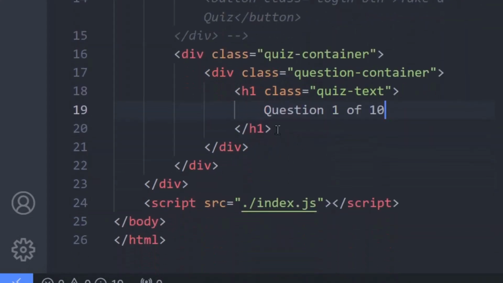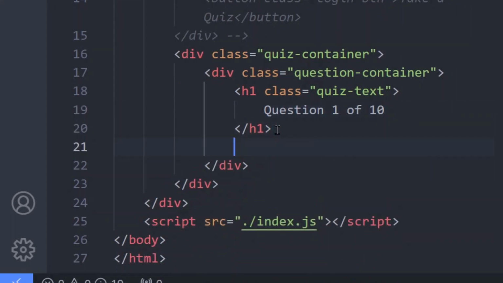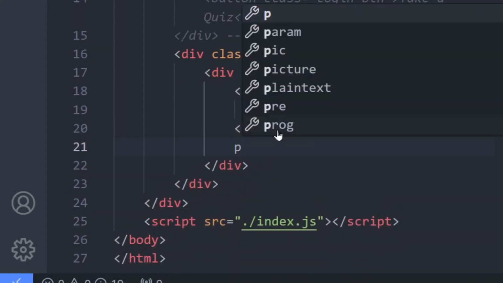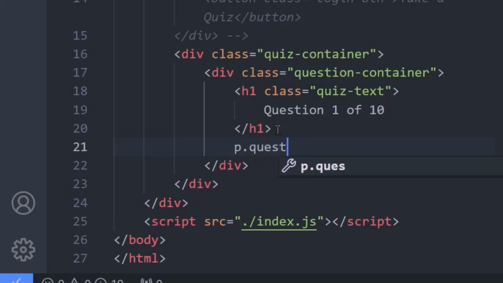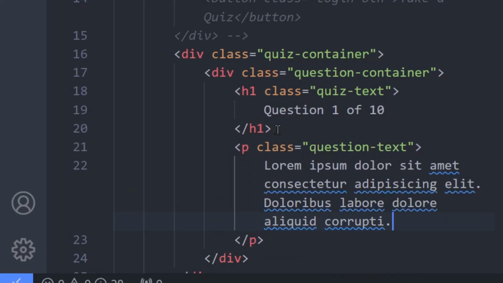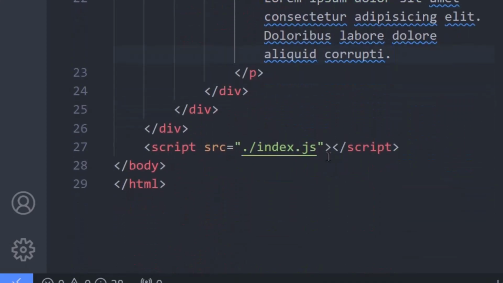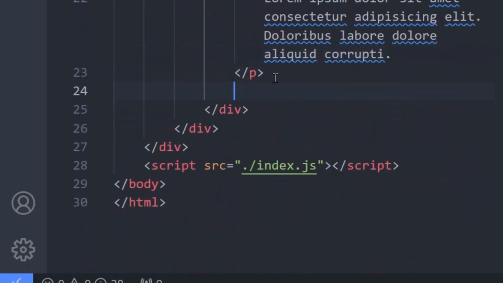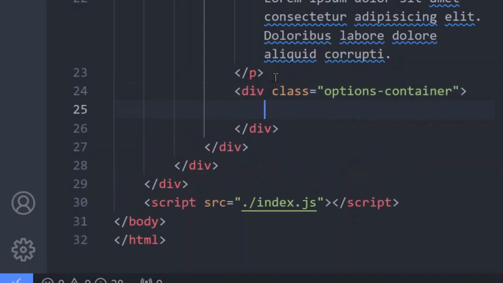Then after this h1, I will have a paragraph with the class name question test, and then this one I'll just generate some random text of about 13 words like this. So after this, I will create a new container for the options. So we have our options container, and inside the options container we will have option, okay, which is also a